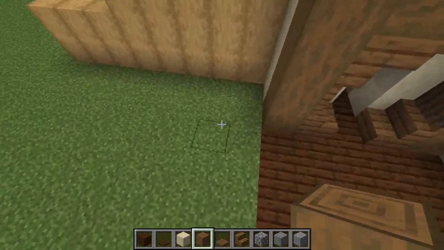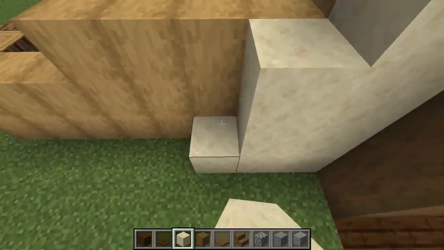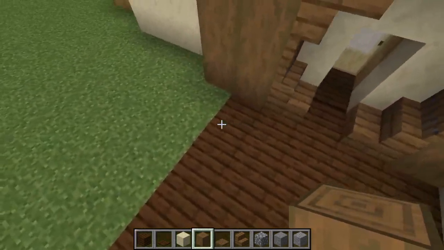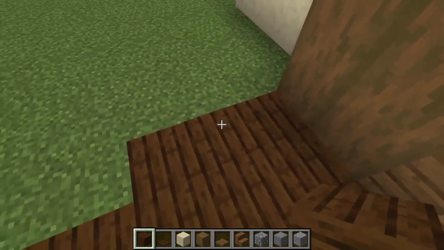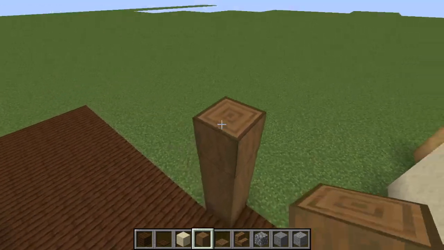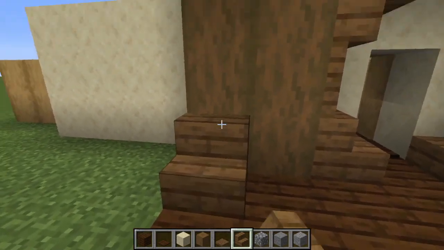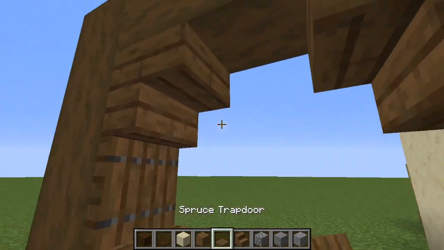Now for the other side, you're also going to replace these blocks with the smooth sandstone like this. Then you're going to add the second stripped spruce log like that, and you're going to replace these 3 blocks over here with dark oak planks. Then you're going to add another stripped spruce log like that, and you're going to connect it in the top. Then you're going to use your spruce stairs and you're going to go like this. Then you're going to do the same with the trapdoors,